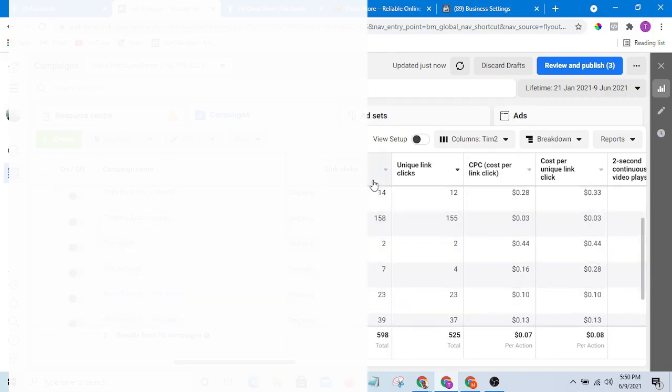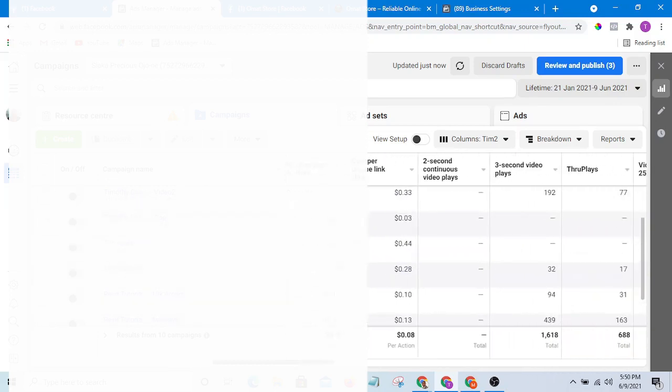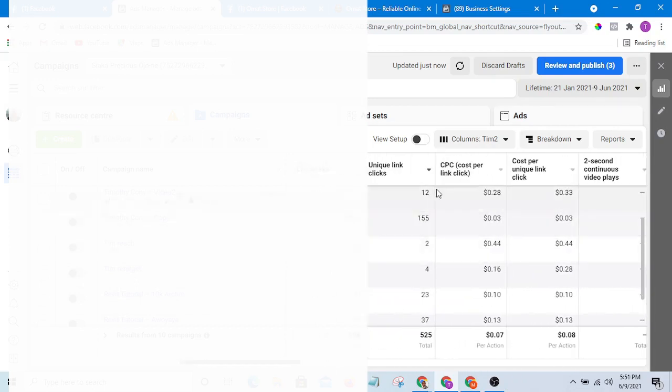This will help you to know how your ad is performing, and you will be able to either pause the ad or adjust the ad. It's very, very important. This one tells you how much you are paying per unique link click, how much you are paying per click.